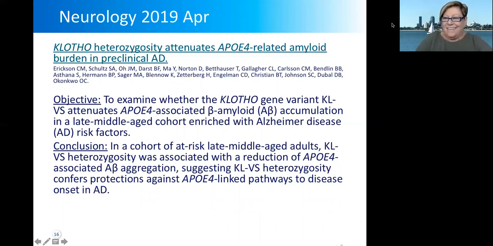People who have this KLVS, but are heterozygous for KLVS, and they have ApoE4, have less amyloid beta than people who have ApoE4 but don't have KLVS. So KLVS is protective in people who have ApoE4. And after this work,